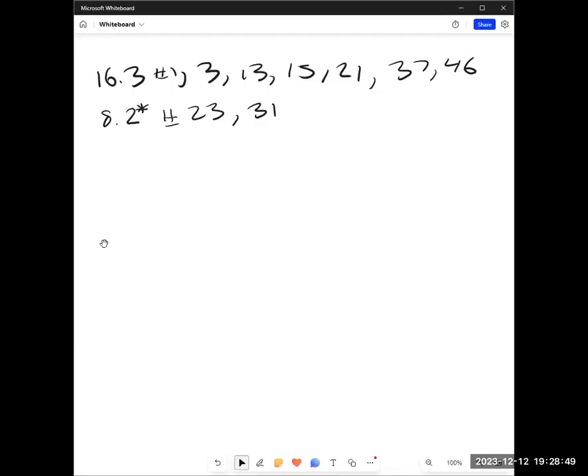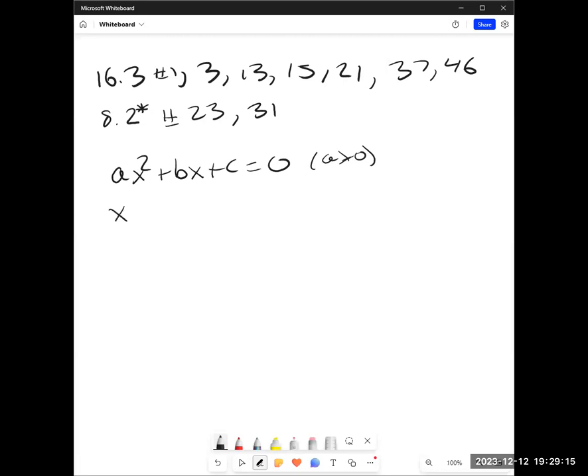In this video, we're going to use the quadratic formula to solve quadratic equations. Just a refresher for what the quadratic formula is: if we have a quadratic equation written in the form ax squared plus bx plus c equals 0, we've got to start off with it that way. Usually we want a to be a positive leading coefficient, though it doesn't have to be. Then x is equal to negative b plus or minus the square root of b squared minus 4ac